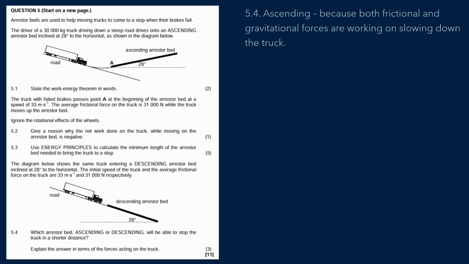And if you look at the descending arrestor bed, only one force is working on slowing the truck down, and that force is the frictional force. The gravitational force is helping the truck speed up, and hence it will take longer to stop the truck on the descending arrestor bed. And we are done with that question, and that brings this video to an